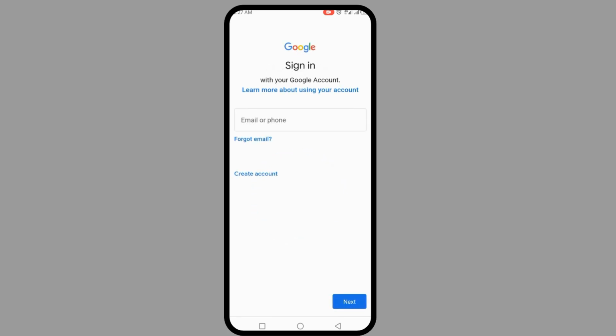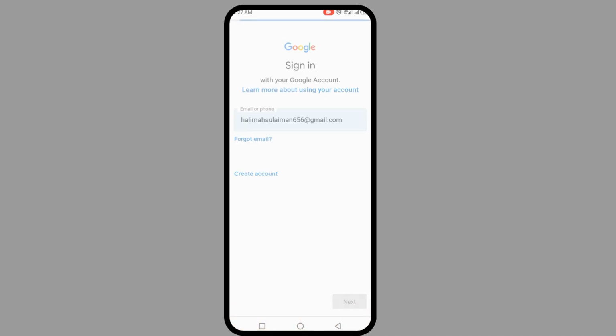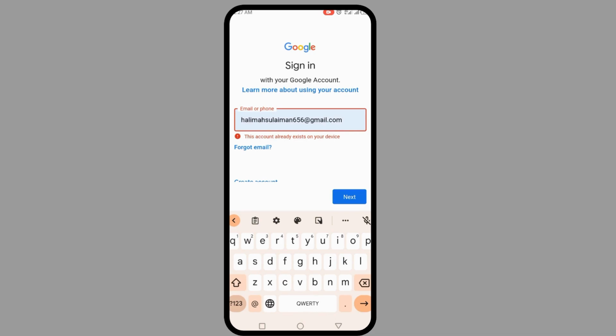Google is checking your info. You click on your email that you wanted to add. When you click on the email that you wanted to add, I'll just click on one random email. Now I've already used it. Click on next. You can see they say that this account already exists on your device. So once you put the email you want to use, just click on next. It's going to bring you to another